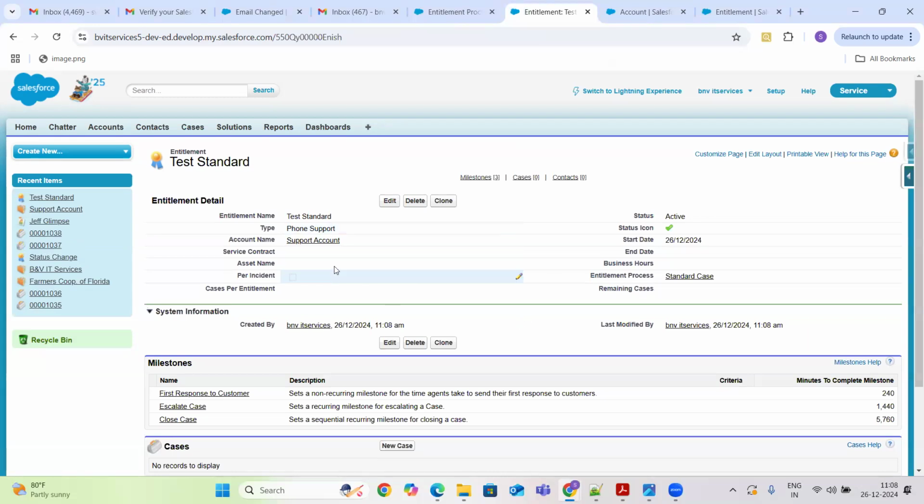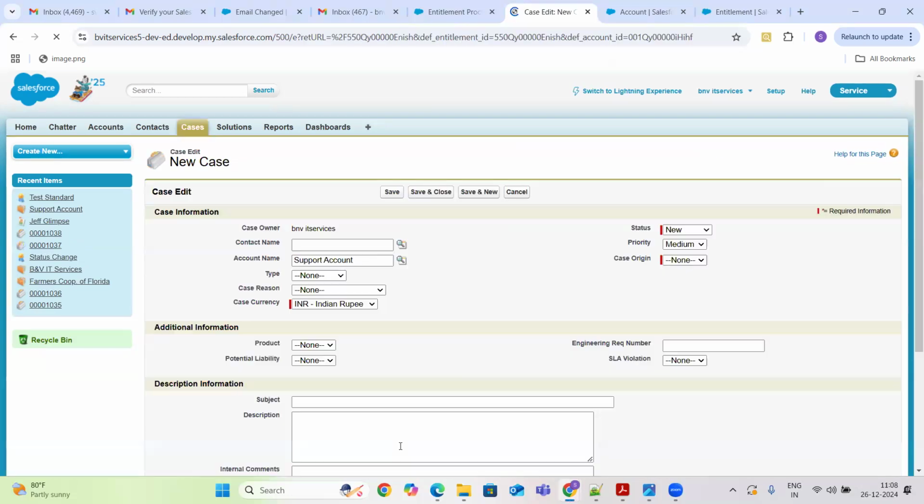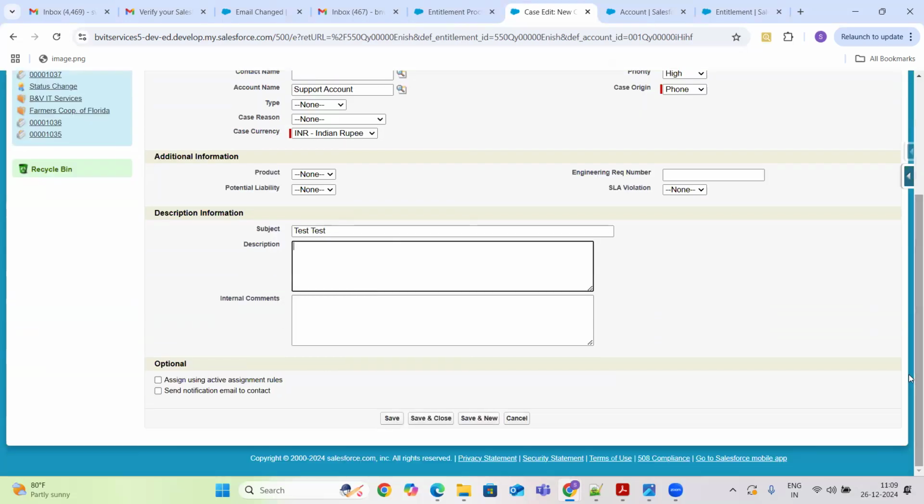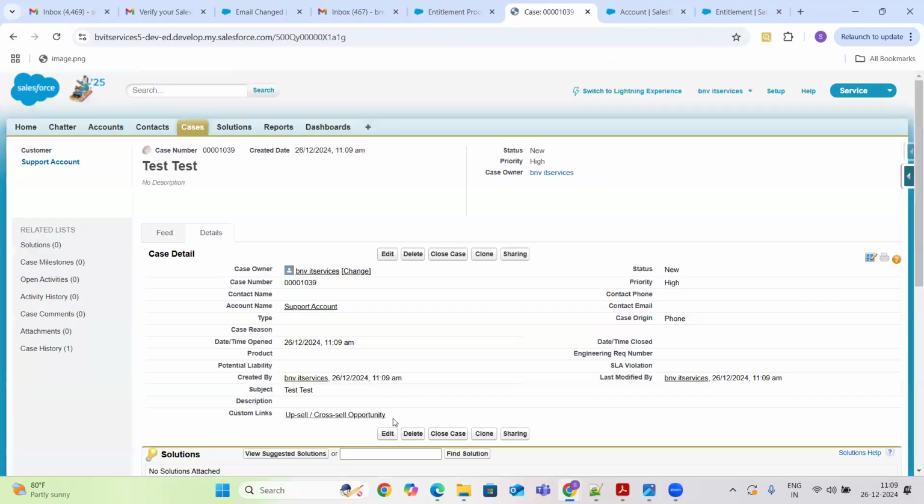Okay, this is my entitlement process. I can create a new case from here. Okay, I'm creating it as a high priority case and it's a phone test. Then clicking on save.